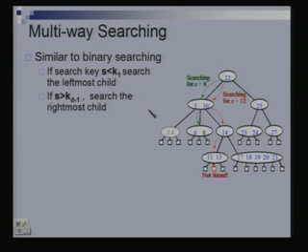So, when you are searching for a key S, you will compare it with K1, let us say the very first key in that node, and K d minus 1 is the last key in that node. So, you compare it with the very first key. If it is less, then that means that you have to go to the leftmost subtree. If it is more than K d minus 1, then you have to go to the rightmost subtree.